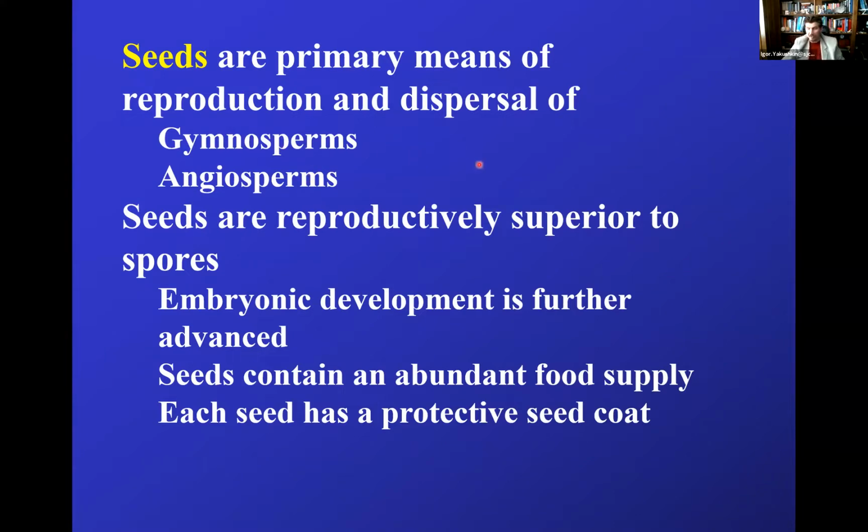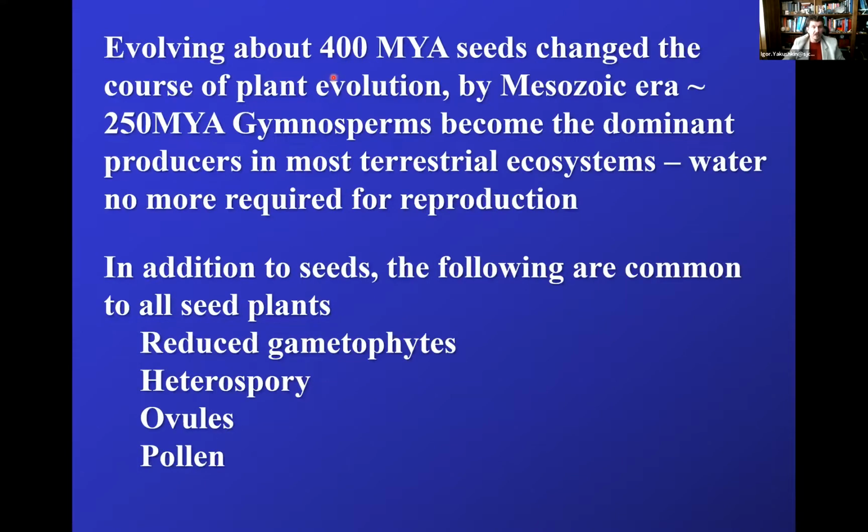Even though there are some plants within the gymnosperms which start looking very similar to seeds or berries or anything like that. So they evolved about 400 million years ago, and then about 250 million years ago, gymnosperms became the dominant producers. Why? Climate change. A huge continent combined together, now huge dry areas. In these huge dry areas, gymnosperms had the upper hand compared to the ferns.